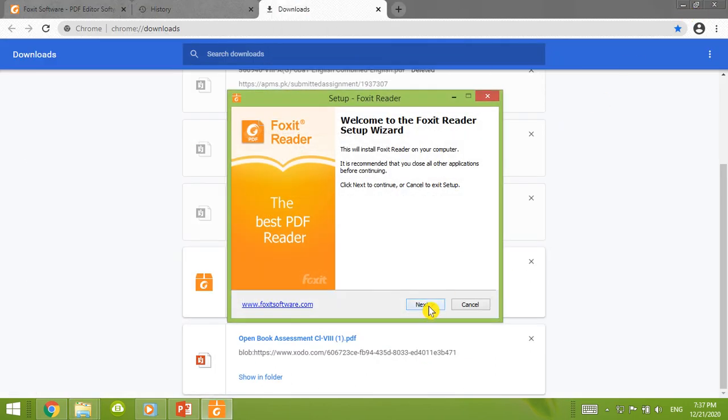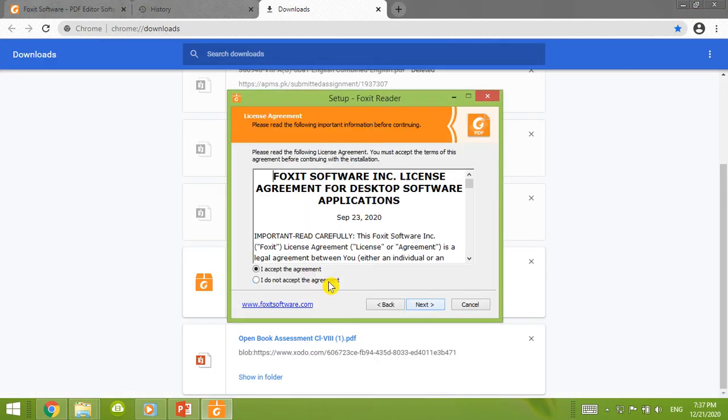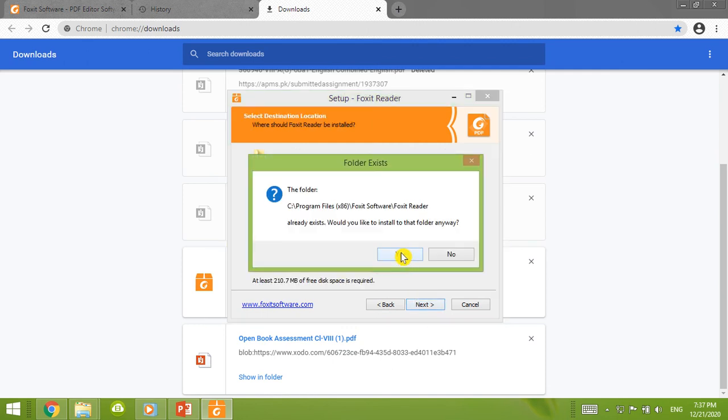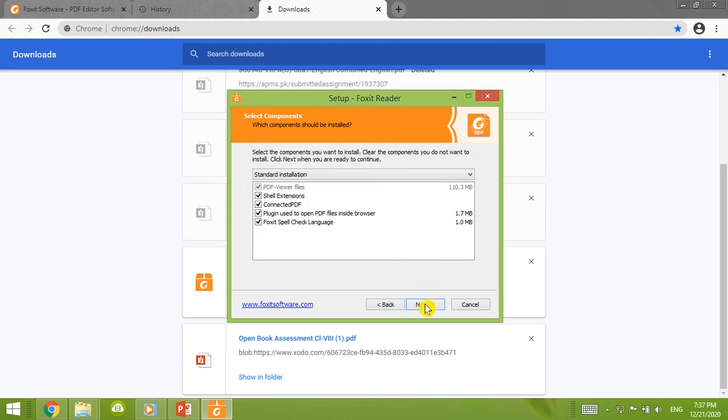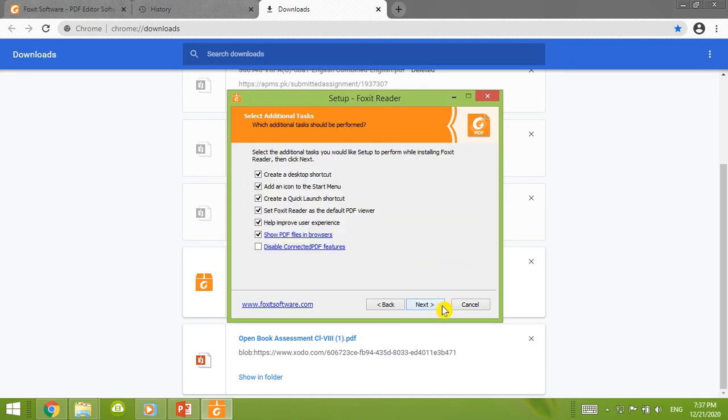I will press next and accept. You will accept this and next, and the folder already exists. I already downloaded and installed it previously, so the folder exists as well. So I will click on yes. You will also click on yes.